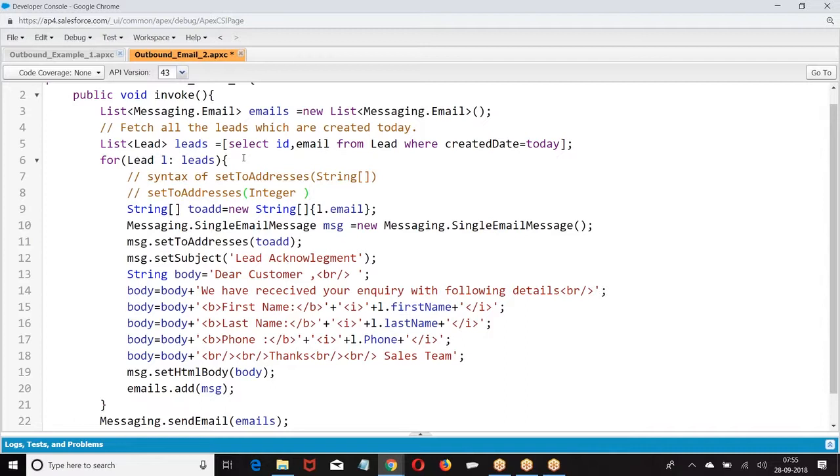You have never done programming. It takes 1 year for you. Right? So what is the parameter I am giving there? To address integer. So what you are supposed to pass? Integer value. What is the parameter I am expecting? String. Please make your mic on. What is that? Set to address. I was supposed to pass an array of string.